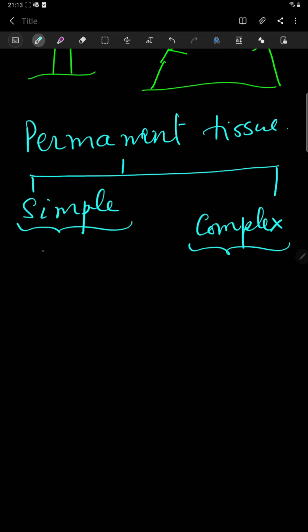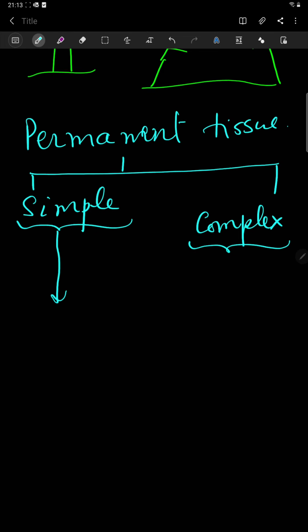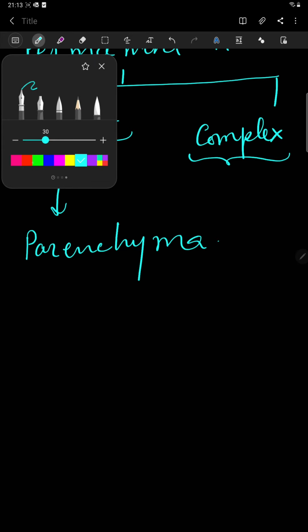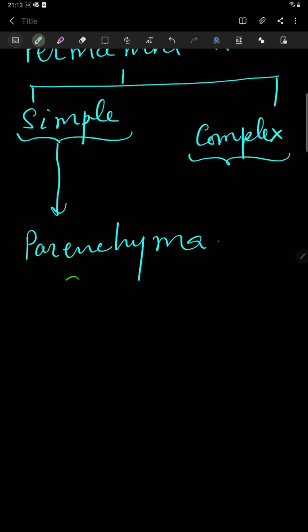Number one, I am going to teach you this one first. In the case of the plant, the first one is parenchyma. These cells are thin-walled and living. Vacuoles are present. I have made here at least 4 cells. Nucleus present, nucleus present, nucleus present, nucleus present, as it is living. Vacuole is also present. So I am making the vacuole. Cell wall again a little bit thin, and this is living.